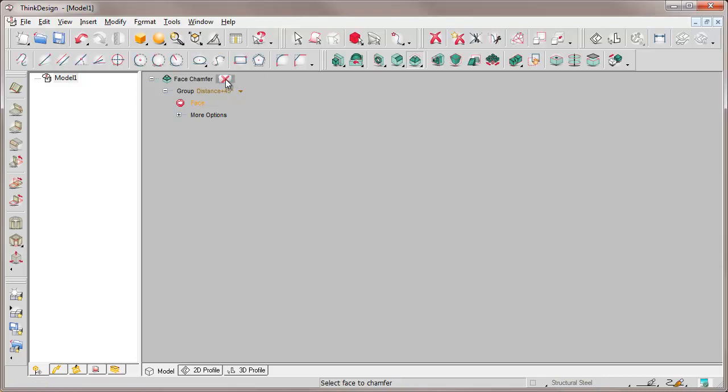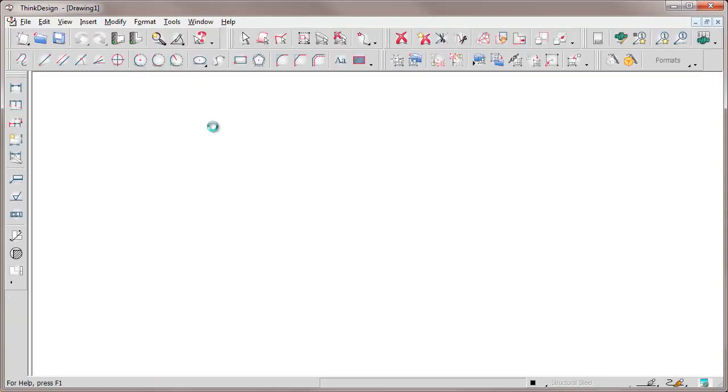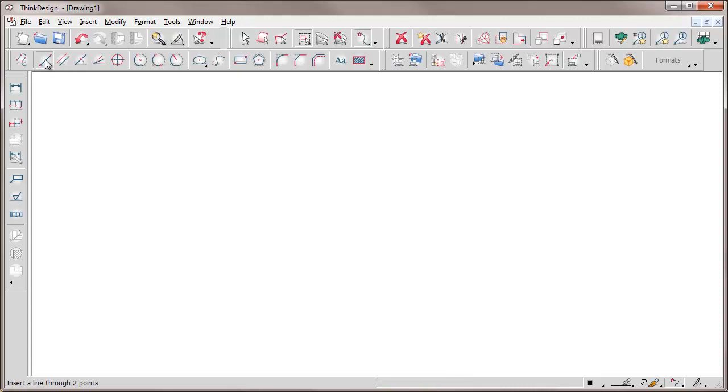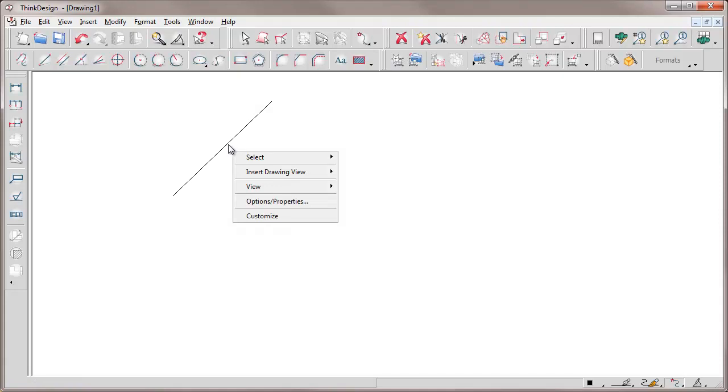We are going to view, for instance, the endpoint, the two-point line command. First of all, we notice that the context menu changes according to what is selected. OK.